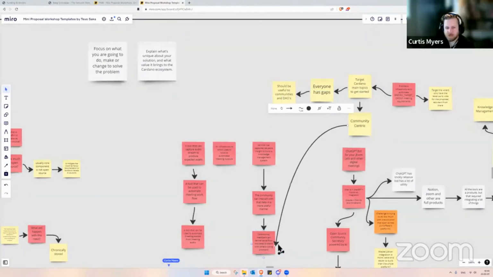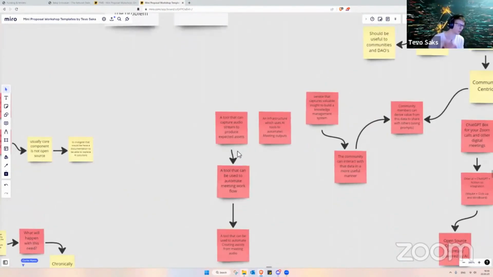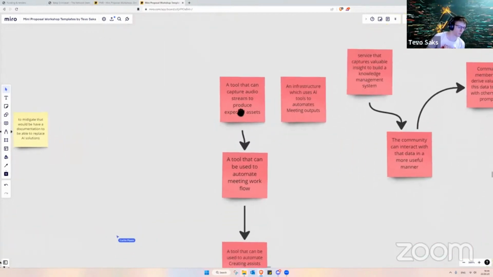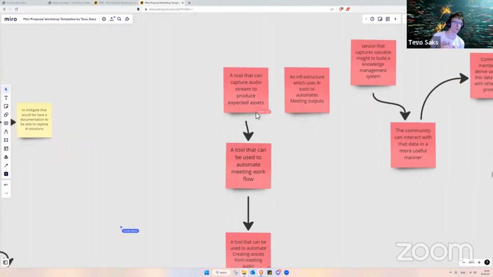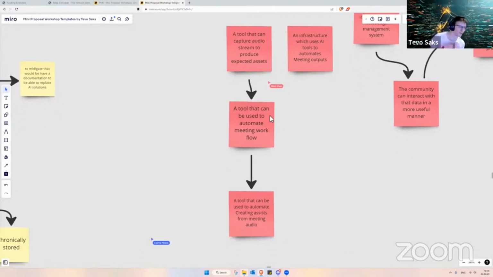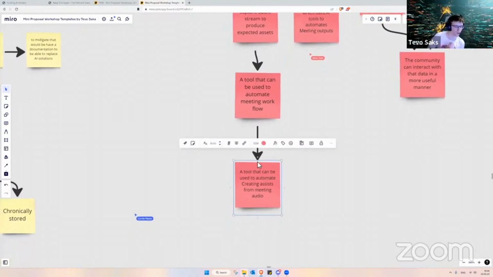No, that one was me. I think that's why it has my flavor. Let me add two thoughts also. One way to look at it is like an infrastructure which uses AI tools to automate meeting outputs. That will be the general gist of the problem statement. Another one was a tool that can capture an audio stream to produce expert assets. So very specific, but then I started realizing it's a tool that can be used to automate meeting work, a tool that can be used to automate creating assets from